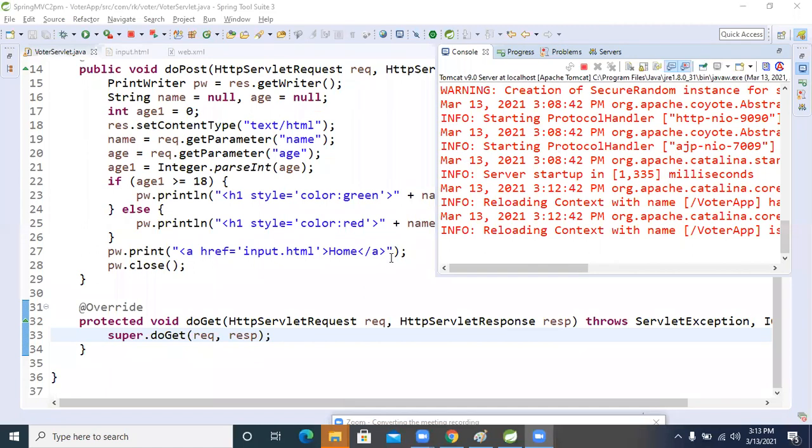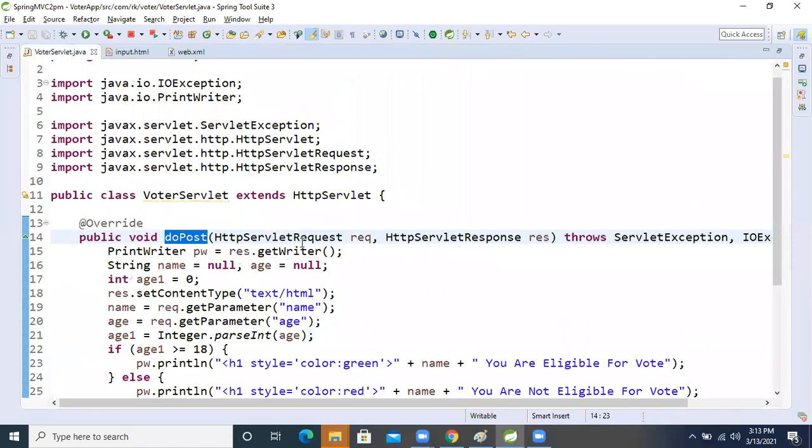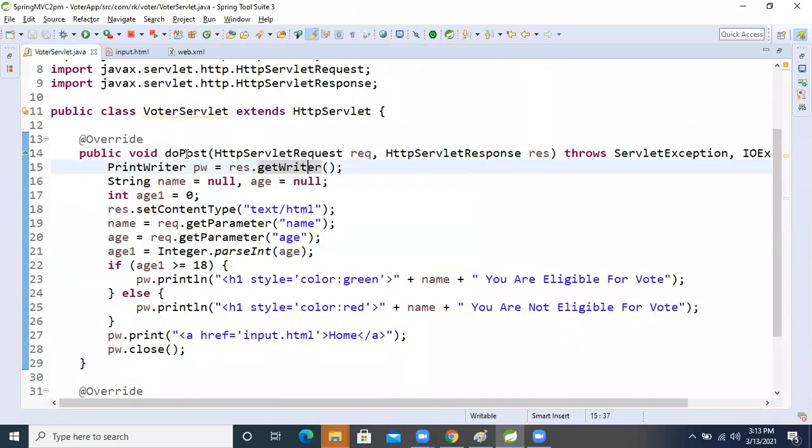Okay. So now, because we are making the request, we are making the request do get, but here we are taking the method as do post. So in this case, if the method is not matched, we will get what? Bad request, 400, right? 400. If you want to see that,